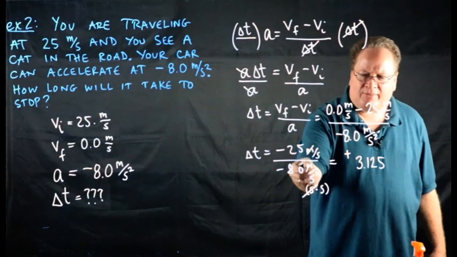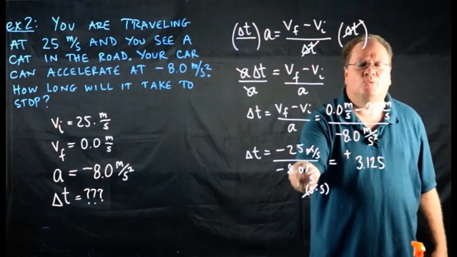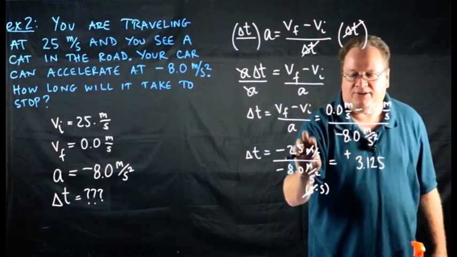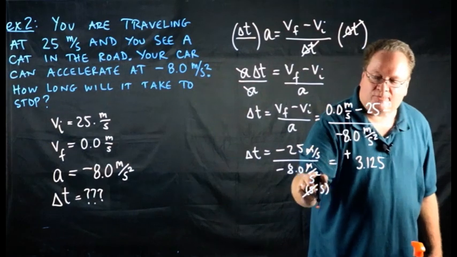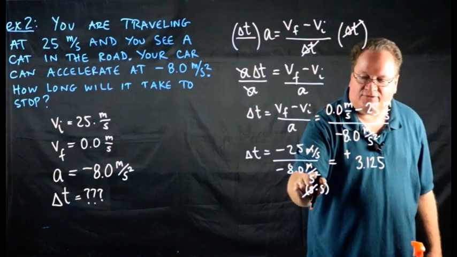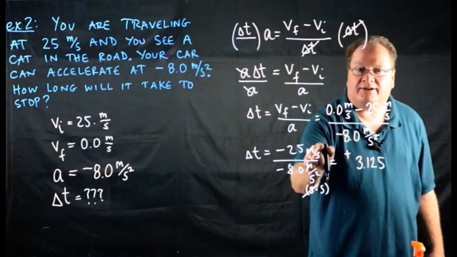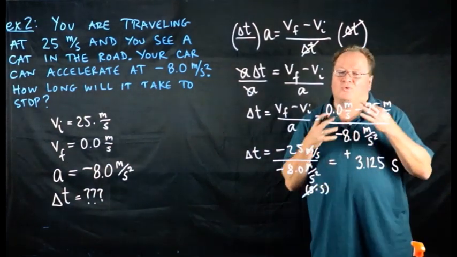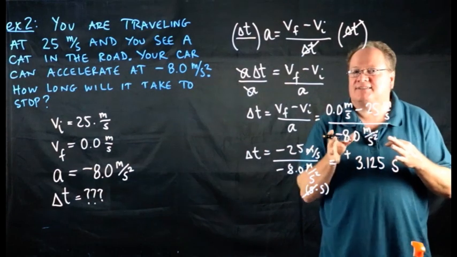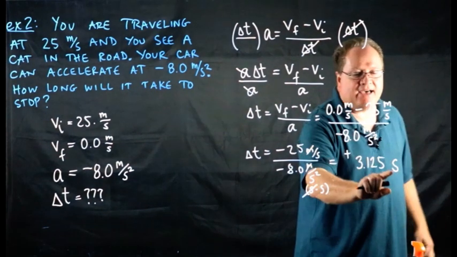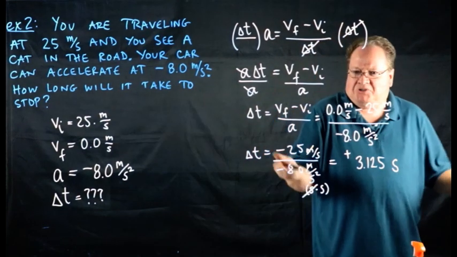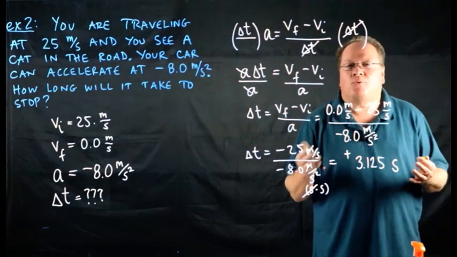Well, you might remember if you divide by a fraction, you multiply by its reciprocal. I know it's complicated, but trust me, you'll get used to it. So basically, this seconds that's left down here becomes the unit of the numerator. Now, you want to ask yourself, would that unit make sense? Would it make sense to have a unit of seconds if I'm solving for delta t? Sure it is.